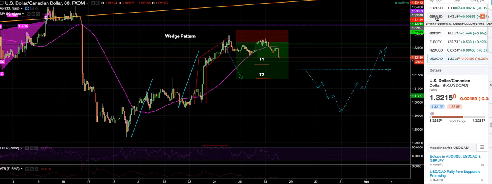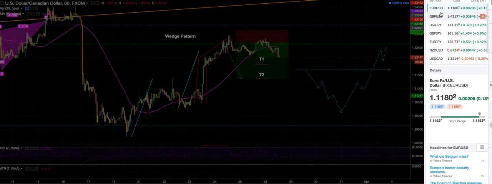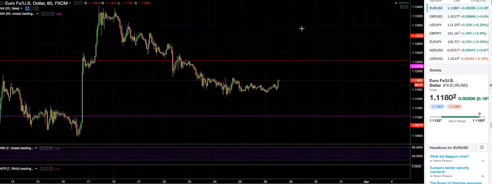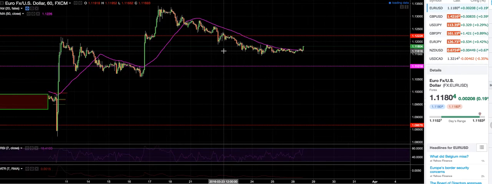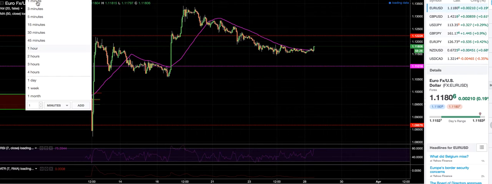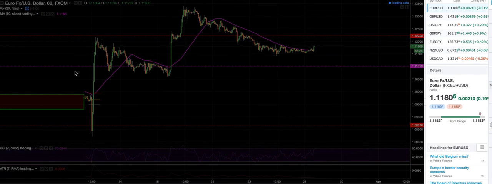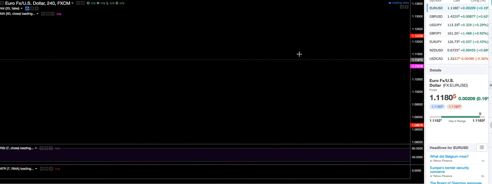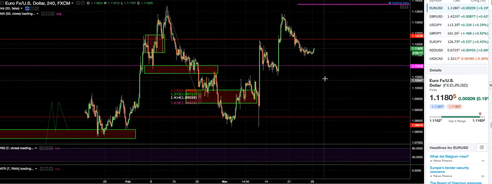Okay, let's go in and talk a little bit about direction of the market. So let's get a clean chart here, and let's hope this loads up pretty quickly. Not sure why this is taking so long. Alright, so here we have a chart. This is the Euro USD. So I like to look at the 4-hour charts just to get a bigger perspective of things. So if we take a look at the 4-hour chart,